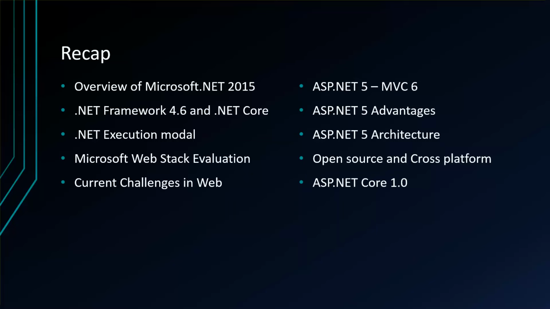We have seen an overview of Microsoft .NET 2015 and what exactly the bold move Microsoft has taken with respect to the web world, and we have seen some of the features, benefits, and architecture of .NET 4.6 and the Core framework, and we have seen the .NET execution model and how Microsoft evolved with respect to the web stack world, and we have seen a couple of challenges in the current web world and ASP.NET 5 and MVC 6, and we have seen advantages of ASP.NET